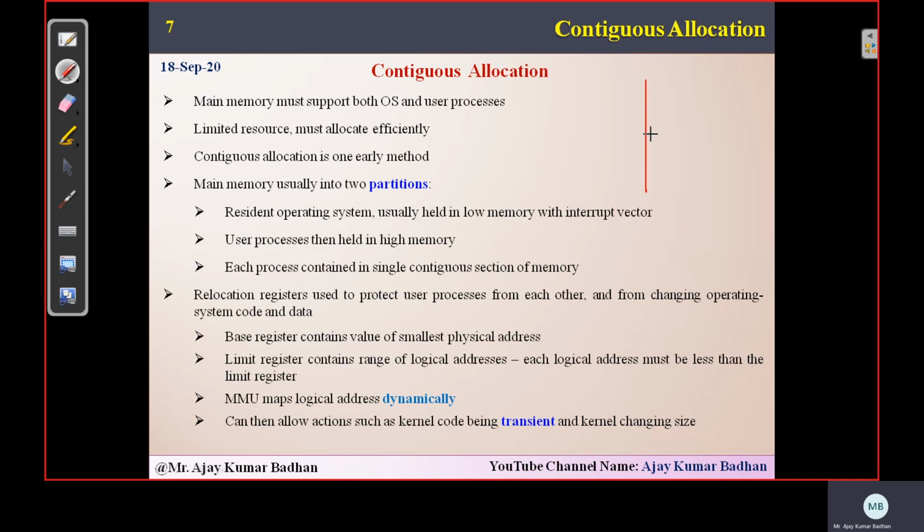Since we have seen in the previous diagram that we have the operating system here, I have placed P1 here, next I have placed P2 here. So how can we make sure that P1 doesn't occupy the memory of P2 and P2 doesn't occupy the memory of P1? We need to provide protection. How can we provide that protection? Well, we will be using the previous concept, base and limit registers, which we have already discussed.